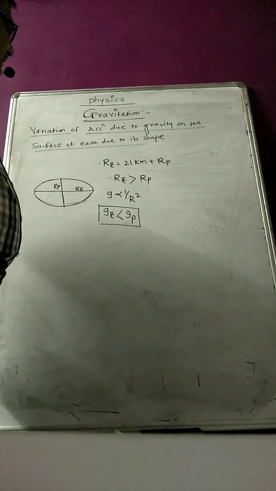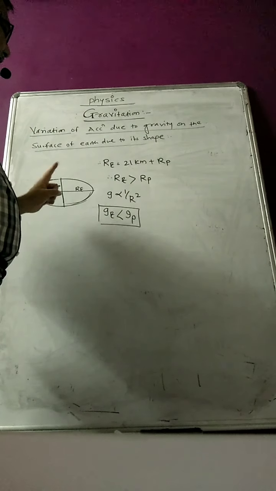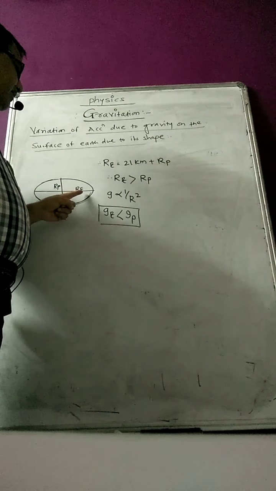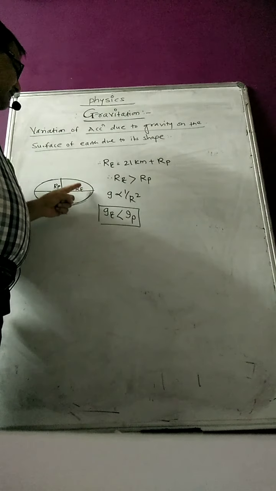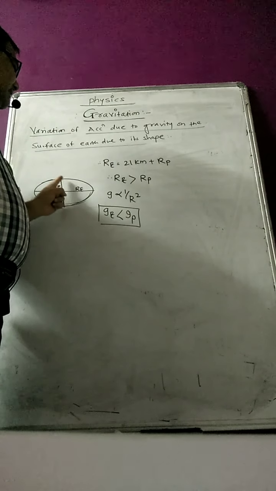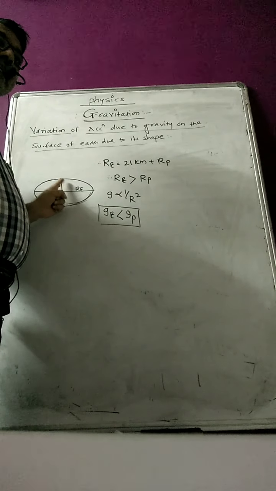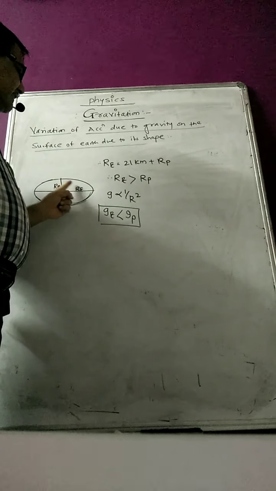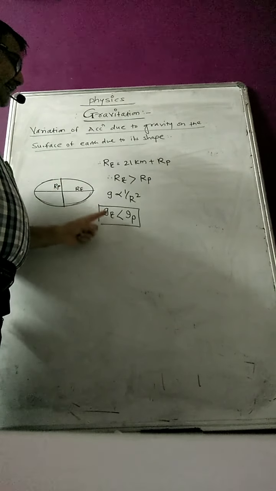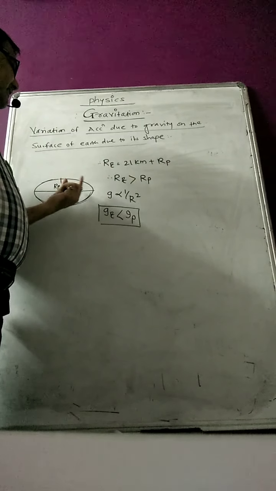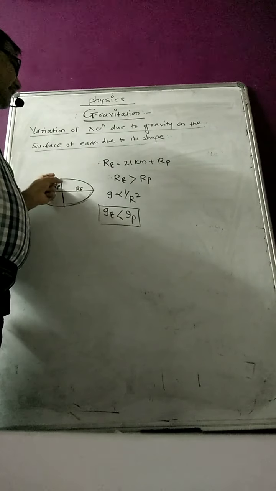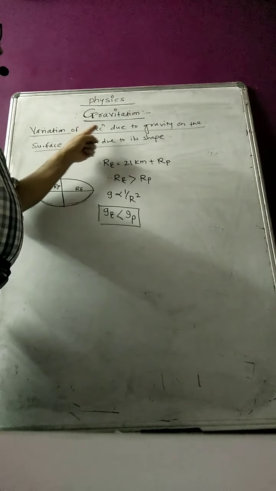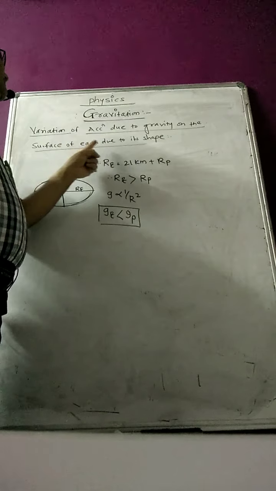Okay, so due to the shape, this is how the acceleration due to gravity changes. Then students, a question also comes on this: when you are moving from the equator to the pole, the acceleration due to gravity will go on increasing. Okay, and when you are moving from the pole to the equator, the acceleration due to gravity will go on decreasing, as the polar radius is smaller than the equatorial radius. So that is the relation, that is the variation of acceleration due to gravity on the surface of Earth due